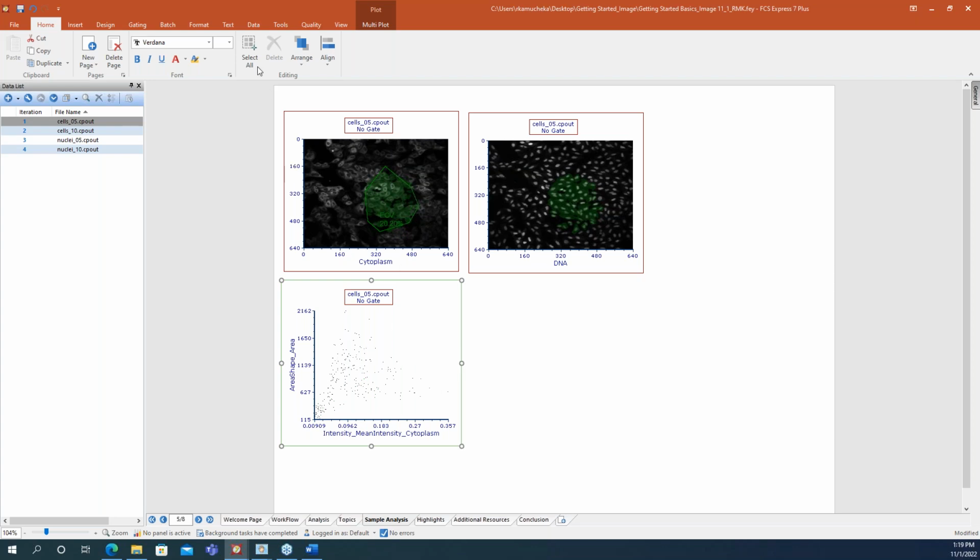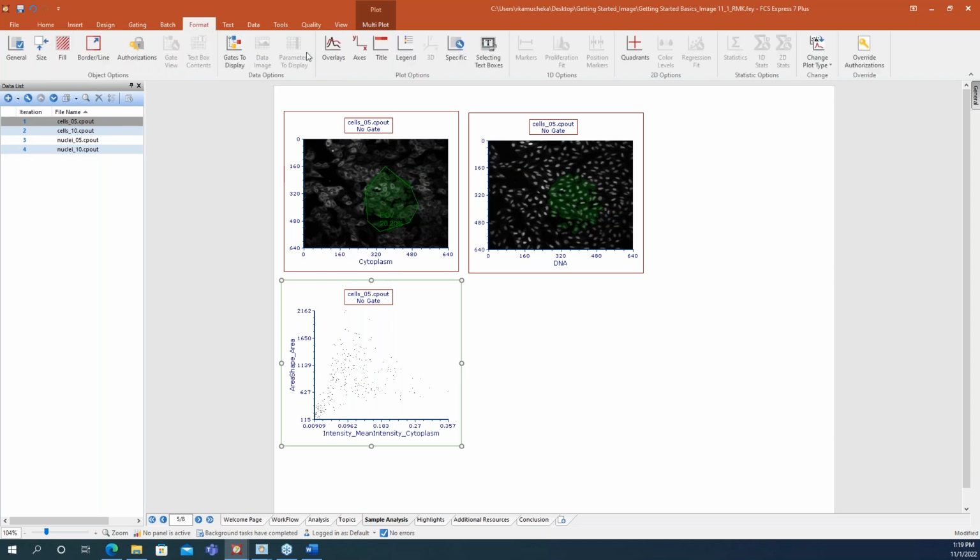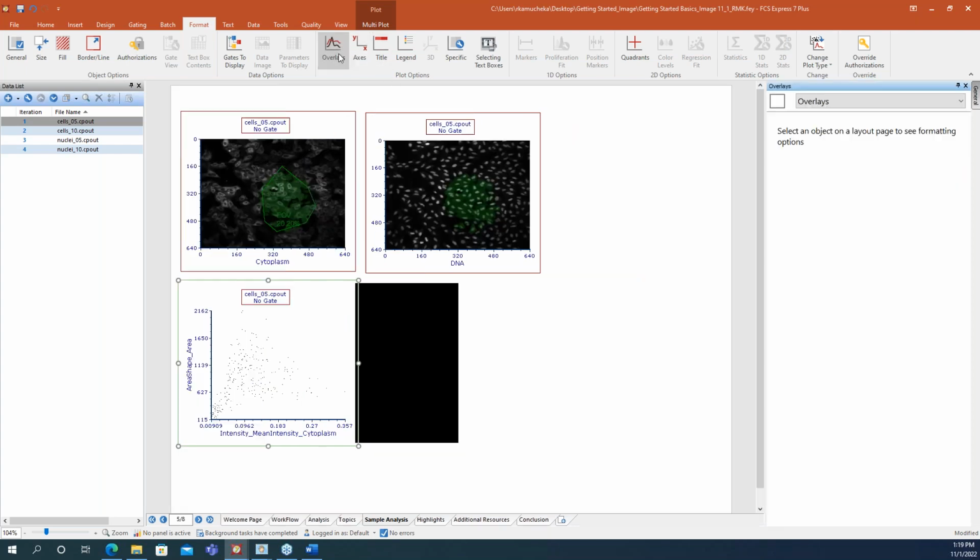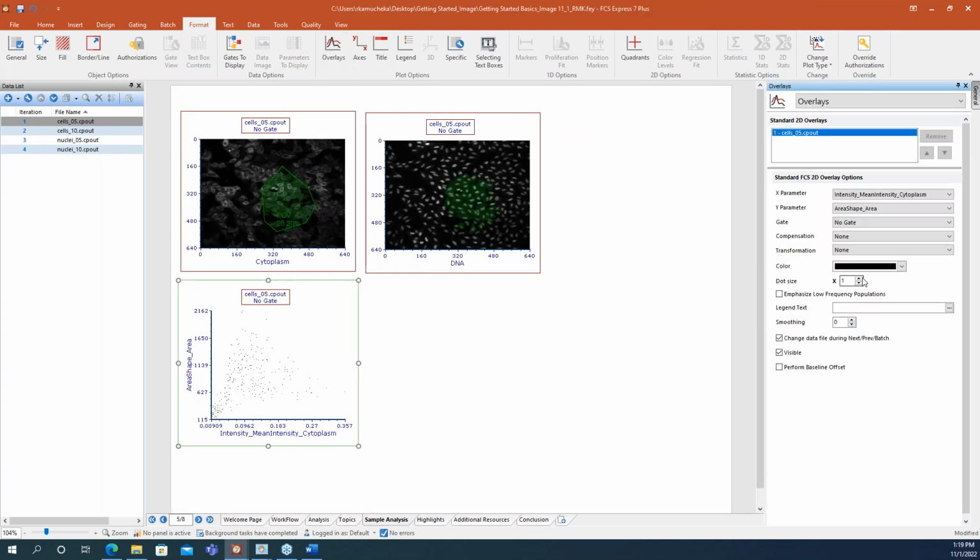Now it can look like these events that we're showing are pretty small. If you see that, no worries. We can go to our overlays and increase the dot size here, so we can increase these events so that we can really see them. And now you see while we